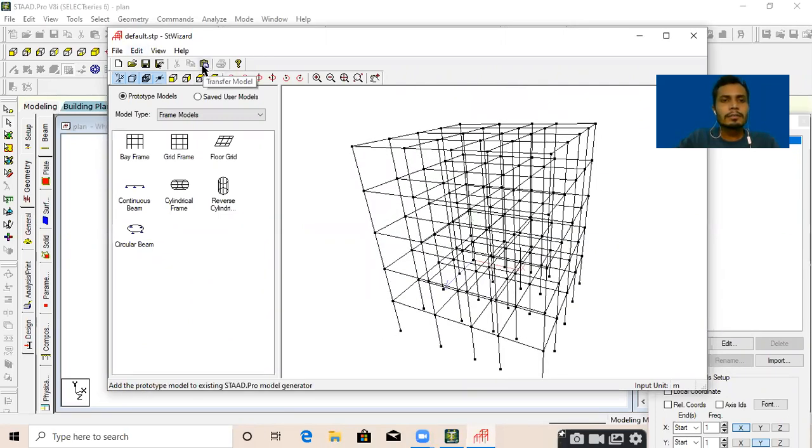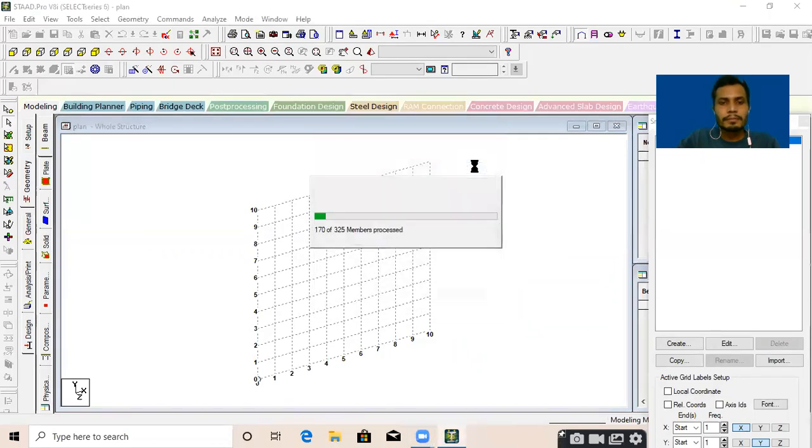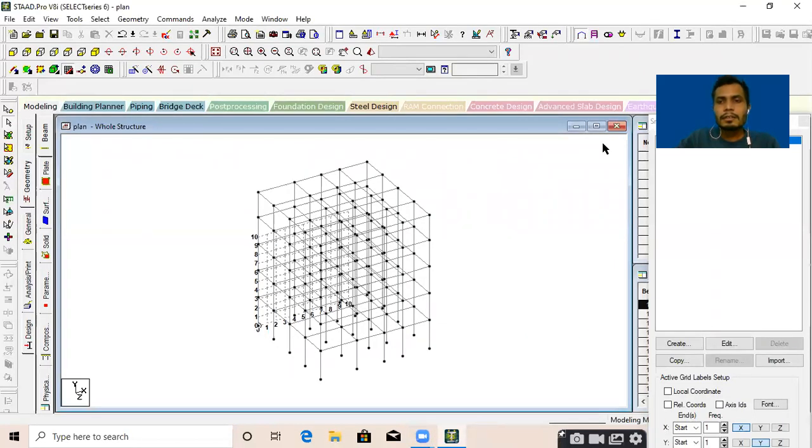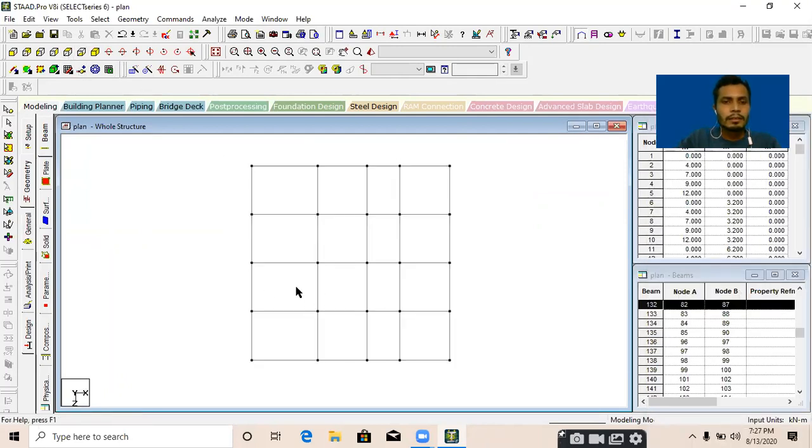Now click on the transfer model button over here. Transfer model. Yes, and okay. It will come on your main screen. Now what are the bays? These segments are bays: 1, 2, 3, and 4 bays along the x-axis. First one is of 4 meter, then 3 meter, then 2 meter, then 3 meter.